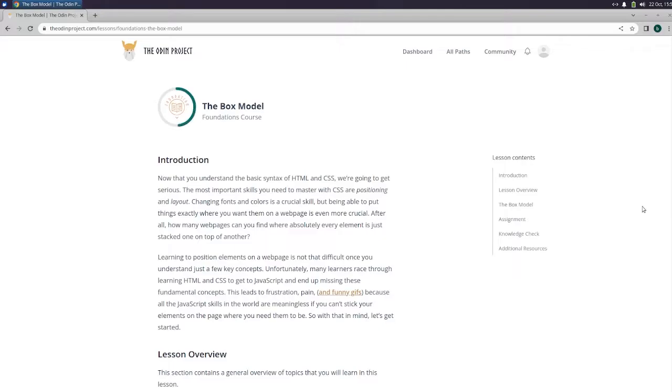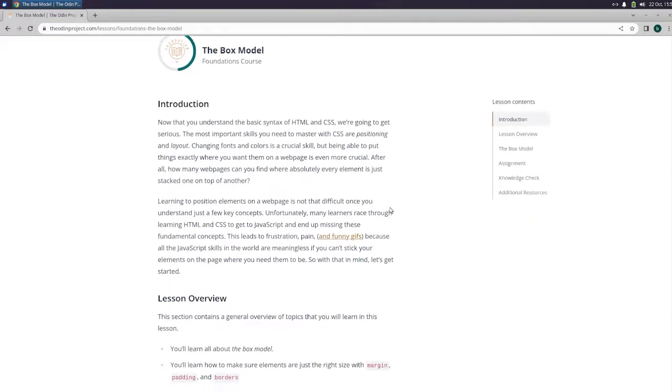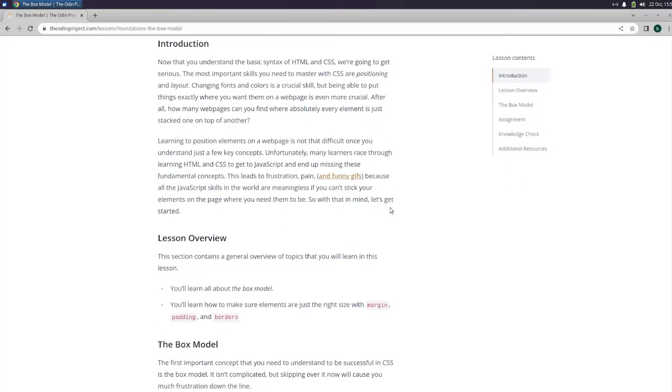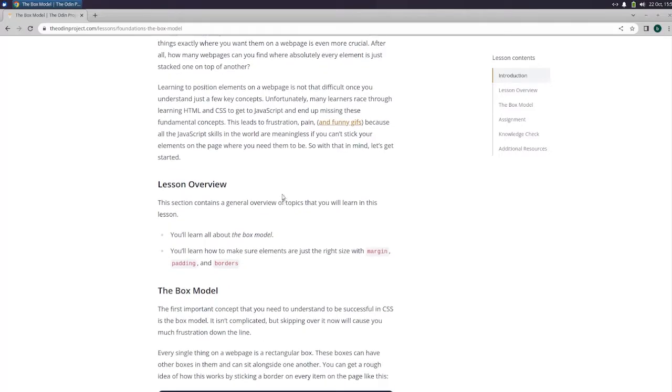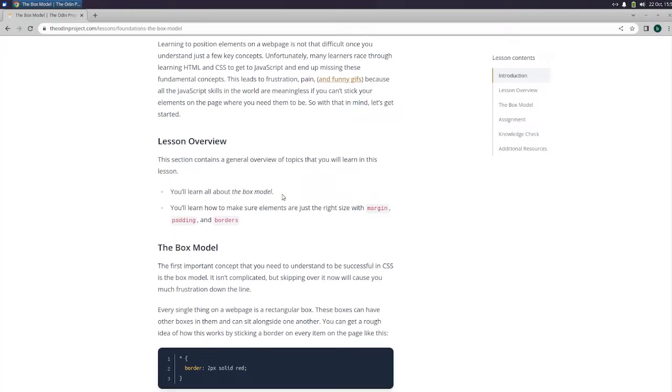Now that you understand the basic syntax of HTML and CSS, we're going to get serious. The most important skills you need to master with CSS are positioning and layout. Changing fonts and colors is a crucial skill, but being able to put things exactly where you want them on a web page is even more crucial. After all, how many web pages can you find where absolutely every element is just stacked one on top of another? Learning to position elements on a web page is not that difficult once you understand just a few key